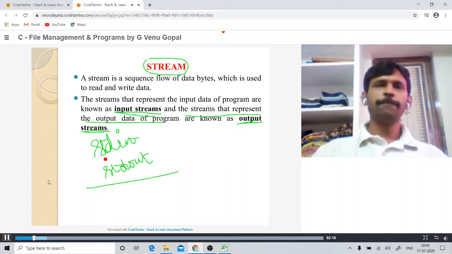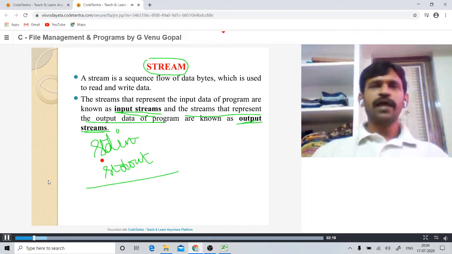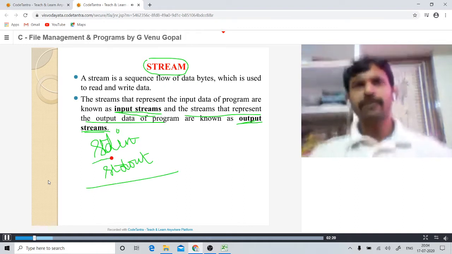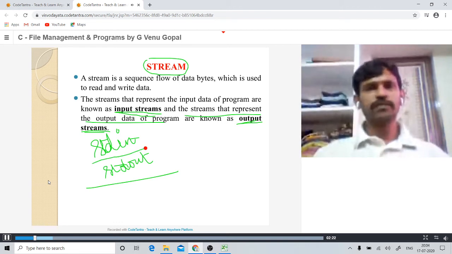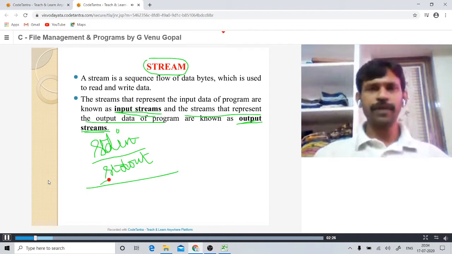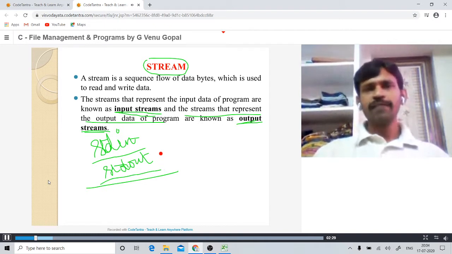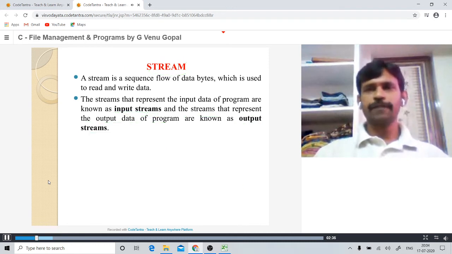That means any data value that we enter will first be stored in stdin and then stored in the main memory. Similarly, any data value that we require from the memory will first be loaded in stdout and then printed on the screen. Clear? So the streams are mostly useful before the data are processed.